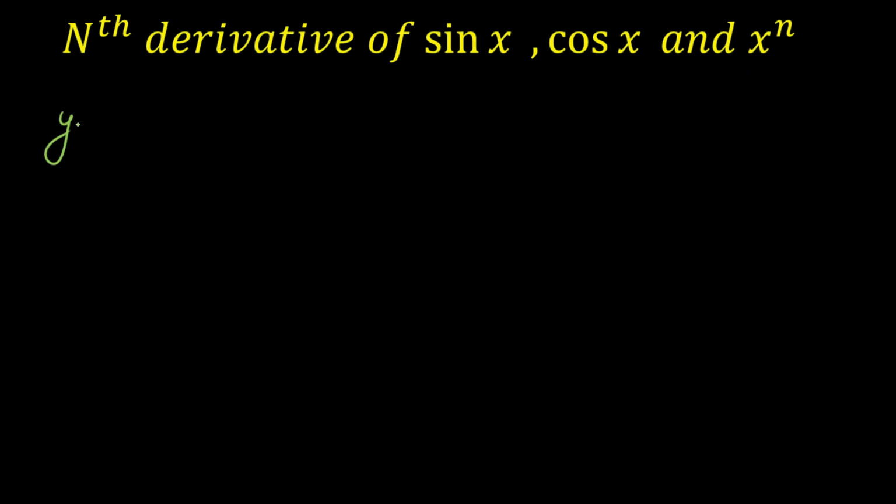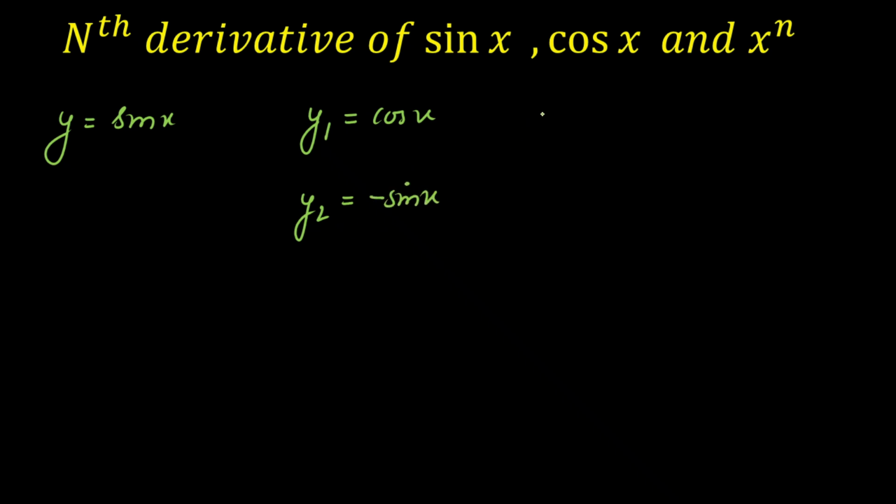So first I'll take y is equal to sin of x, and I'll differentiate this function once. The derivative dy by dx I'm representing with y1, and differentiation of sin of x with respect to x is cos of x. Similarly, the second order derivative, that is y2, d2y by dx square, will be differentiation of cos of x, that is minus sin of x, and I'm representing this with y2.